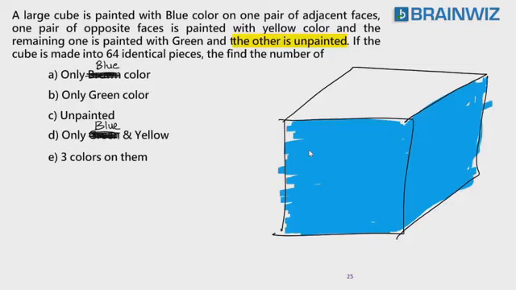That's cool. Next one. One pair of opposite faces is painted with yellow. This is also yellow, students. You all know that this is yellow. And students, one thing you should understand that bottom also yellow. One pair of edge opposite yellow, and the other one is painted with green. Let's say this is left, this is left. Students, this is with green. This is unpainted. Unpainted means, students, no color.